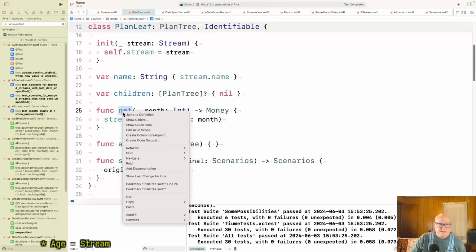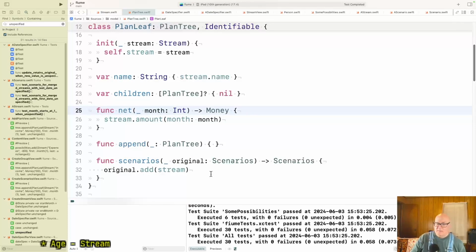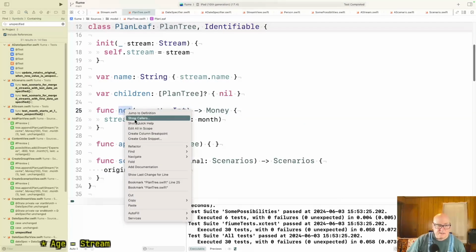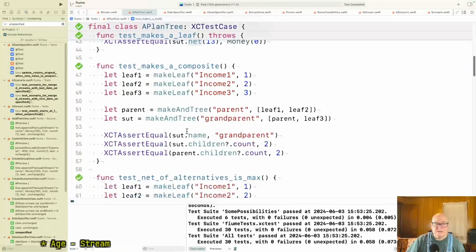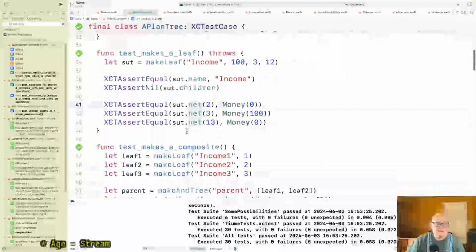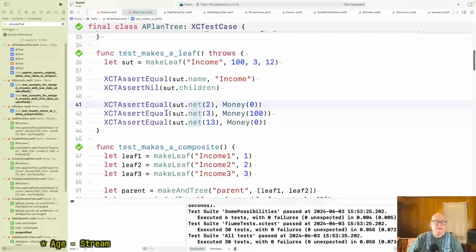I bet you this is not needed anymore. Because we used to base our graph, like version 1, our graph was based on the plan, the possibilities. We had the tree and we would, I forget, did we take the maximum or the average or something amount if it was an alternatives node? But I'm guessing this is not needed. Wouldn't that be nice? That's the only callers? Okay.